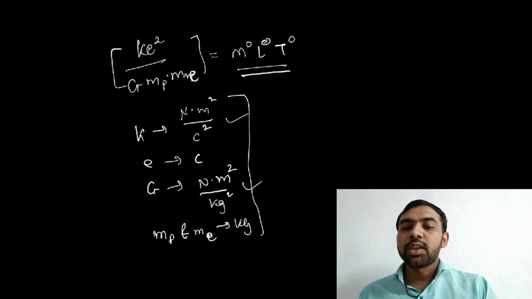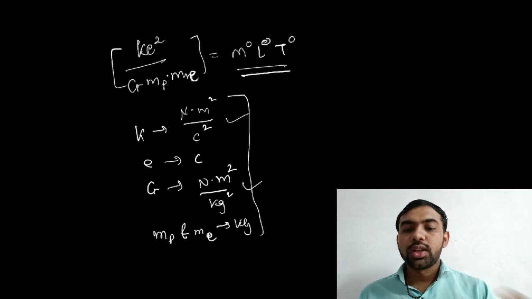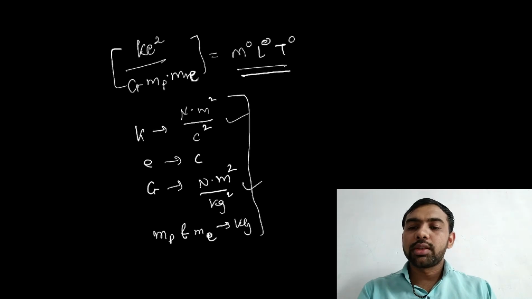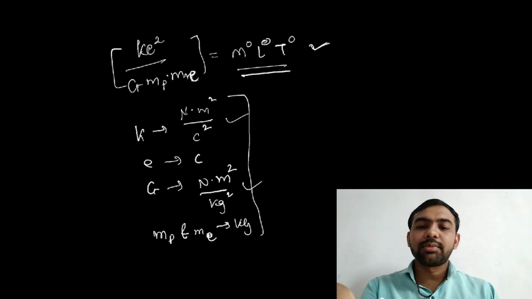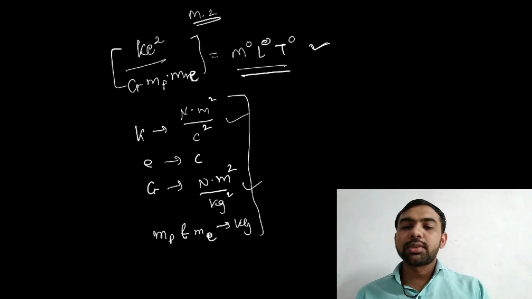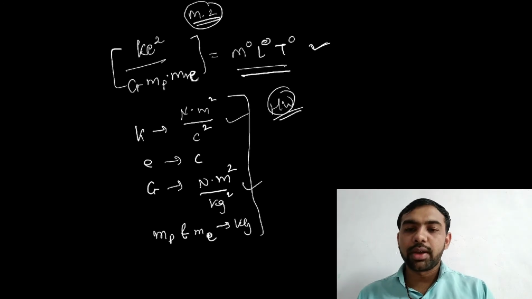उससे G का यूनिट मिल जाएगा। K का यूनिट कैसे फाइंड करना? F is equal to K q1 q2 upon r square. Okay, so by this way you put all these values in this equation, you get the dimensionless quantity. So that is this method number 2. All of you must note the second method and try to solve this example in homework by yourself.